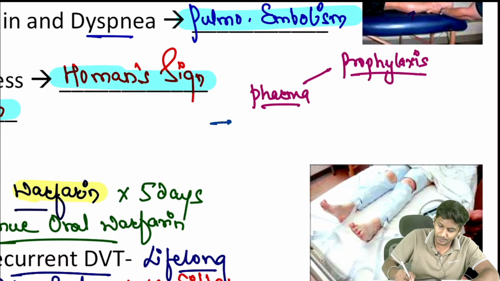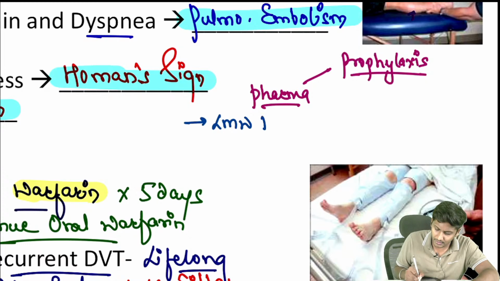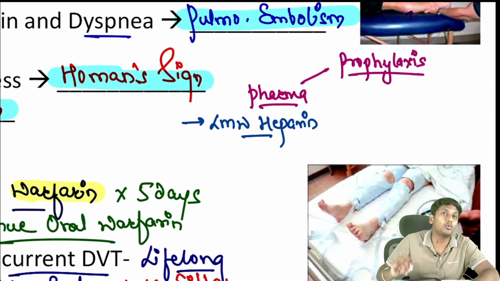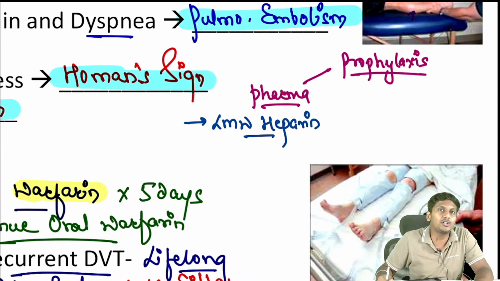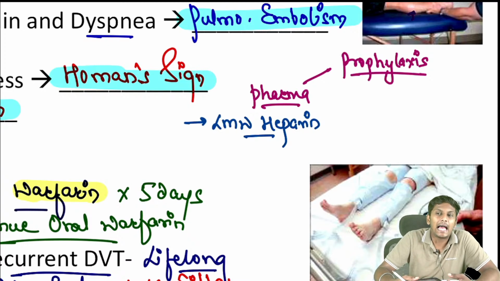In pharmacological prophylaxis, the best drug we can give is a low molecular weight heparin, but as we know it is an injectable drug, so it is not commonly preferred. It is only given in patients who are at a very high risk. For example, a patient who is admitted in the hospital, is in the ICU, and has undergone